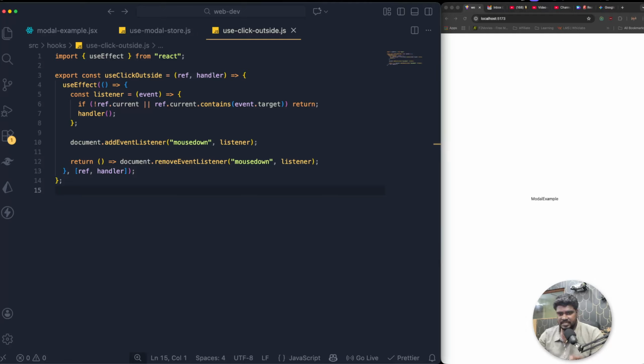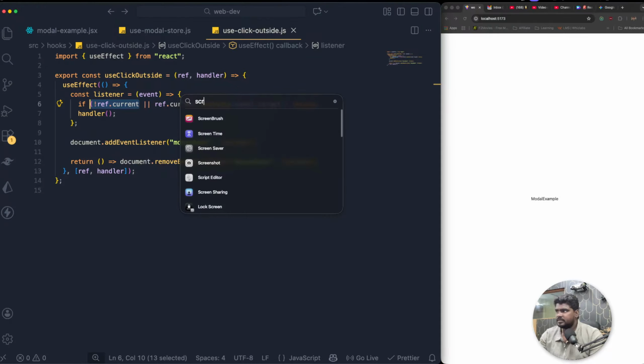So basically this listens on the document, and it checks whether a click is outside the reference or inside the reference of that current modal. If it is a click inside the modal, it should not be closed. But if it is outside the modal reference, you should close it. So that's the part which is referred to over here. So the reference.current, if I don't have that current reference, think about it. This is the, let me bring